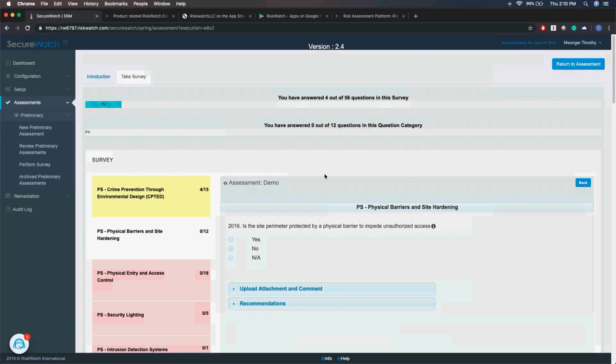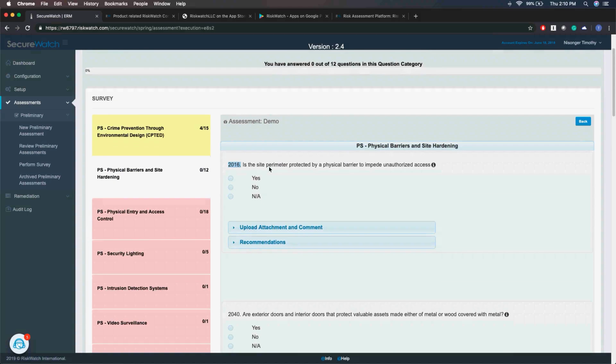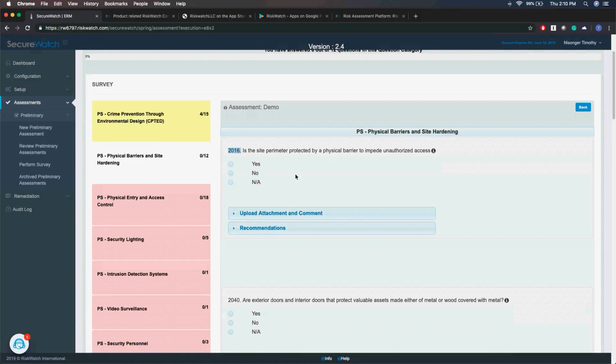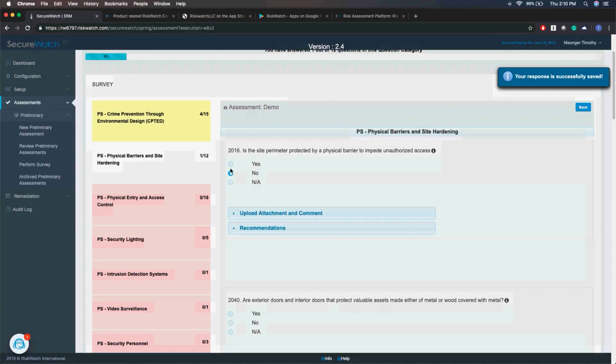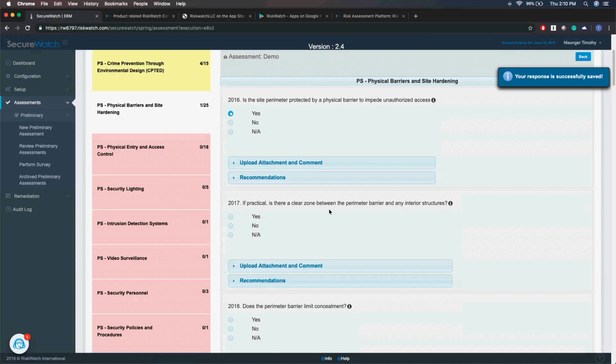as we perform this assessment, the number of questions in each section will increase to capture additional information. I'll show you how this works. So as you see here, we have question 2016, and then it jumps to 2040. If this question is answered in a particular way, being for this one yes, an additional set of questions are now visible,